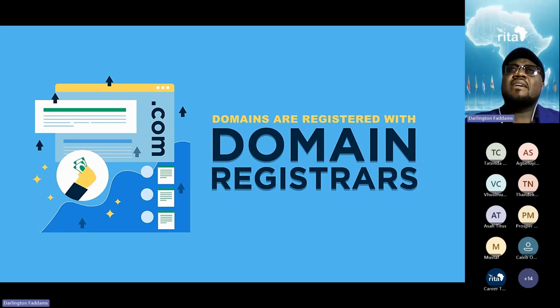For them, they don't think too much about we need a domain name, we need hosting, we need a website design. You will let them know what it is and where the costs come from. And so you are going to charge for domain name, web hosting, and website design. Your customers do not need to know where you register your domains or how you register it. They must see you as a company that provides that service.